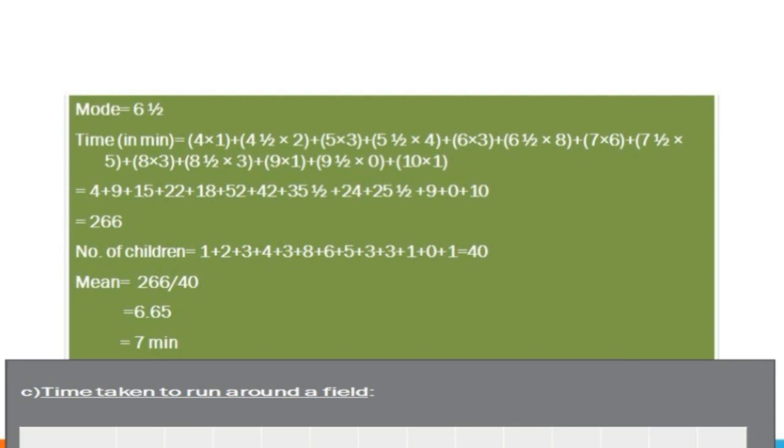Now here you can see I have added up all the numbers and then divided by the number of children. Here total time is 266 minutes, and the number of children is 40, so I get 6.65, and in whole unit 7 minutes. I hope you understand today how to calculate mean and